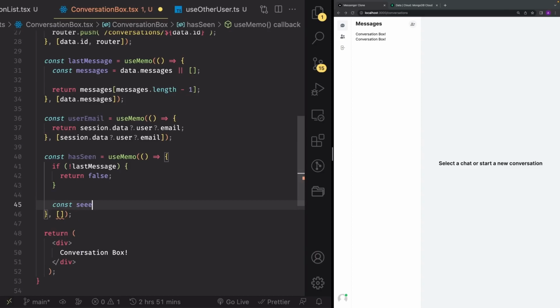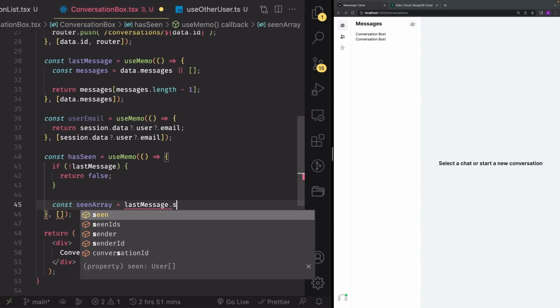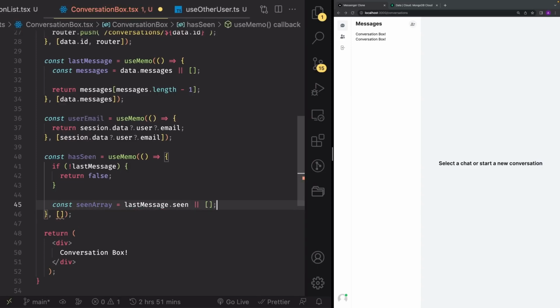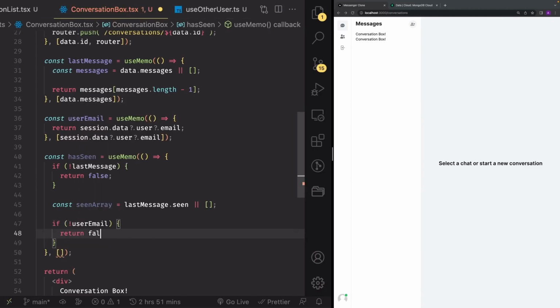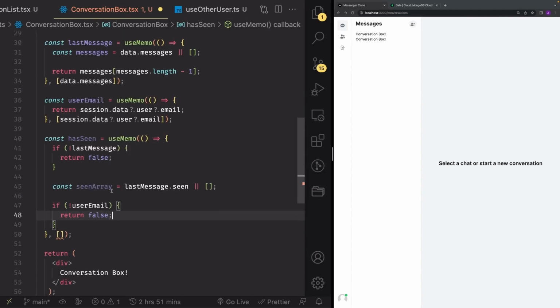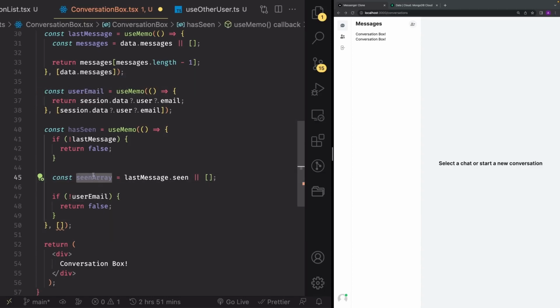So const seenArray is going to be equal to lastMessage.seen || an empty array, just so we don't break something accidentally if .seen does not exist by chance. All right, and now we're going to do another check if there is no current user email. So if there is no user email, in that case, we will also return false, because we cannot compare the seen array with anything. So we need the user email to be loaded in order to compare whether it is in this seen